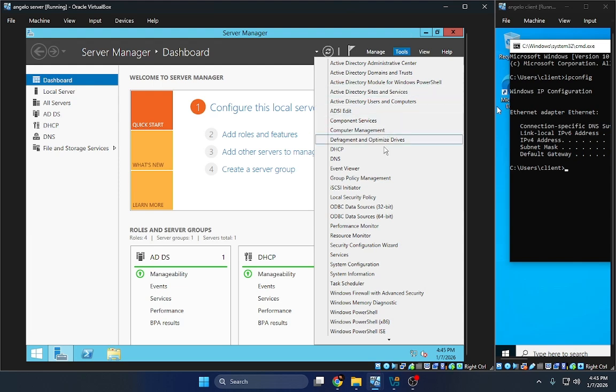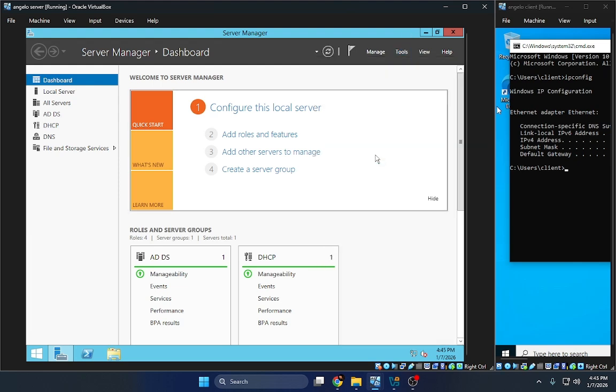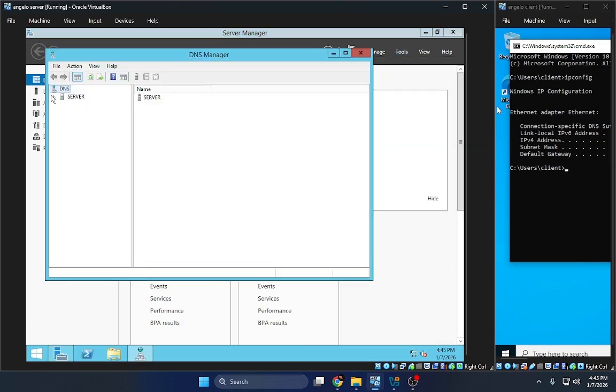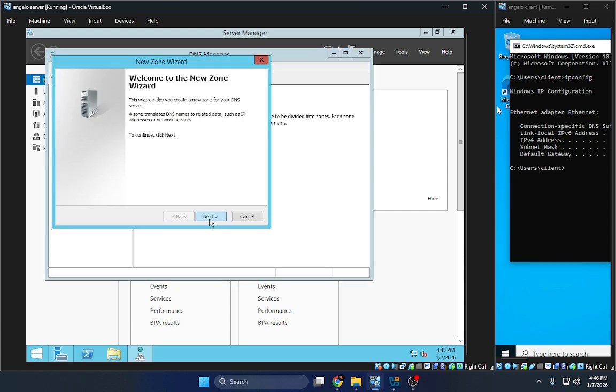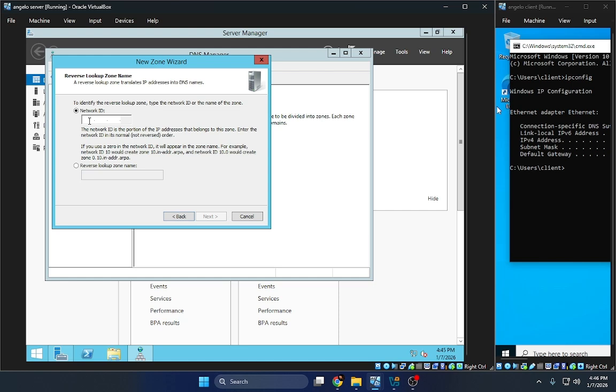I go again to the server, then I configure the DNS. Now I open tools, the DNS.